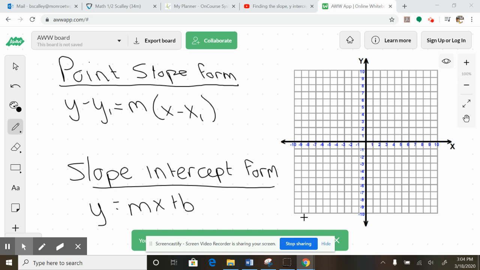All right, so I want to talk to you guys about the difference between point slope form and slope intercept form. So basically, the difference depends on what you're given. If you are given a random point that the graph goes through and the slope, then you would be using point slope form. But if you're going to use slope intercept form, then you need to know the slope and a specific